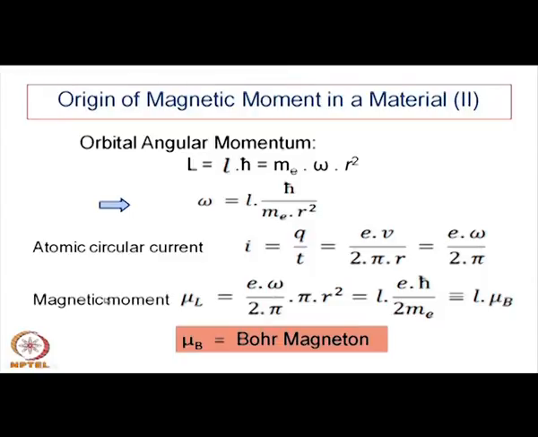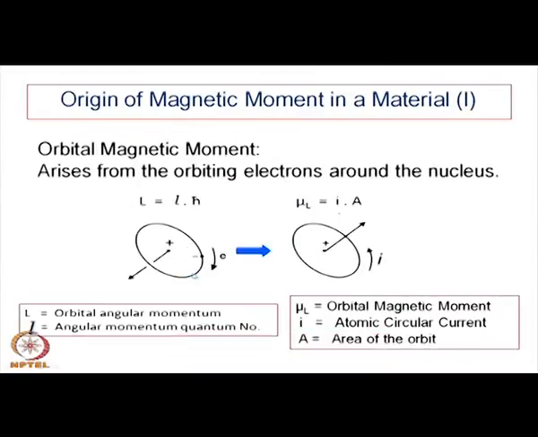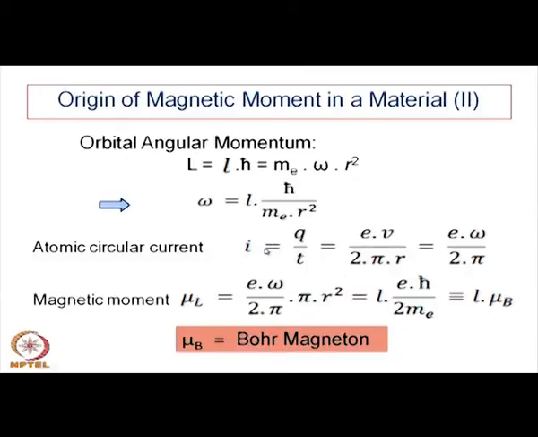So, magnetic moment mu L, which we have defined earlier, is the magnetic moment for one particular electron which is orbiting around the nucleus. Then E omega over 2 pi into pi r square, that is the area. So, L E h bar over 2 m e, m e is the mass of the electron,